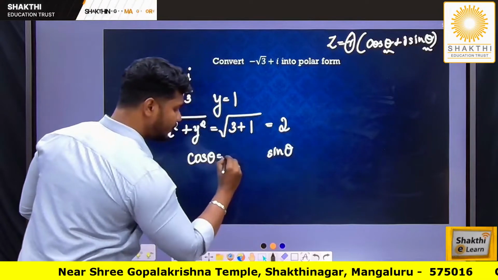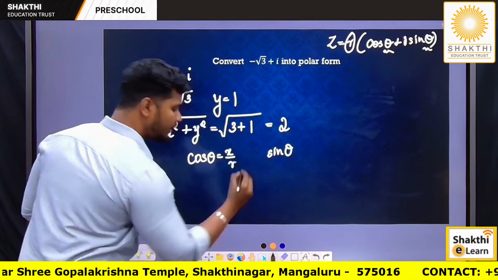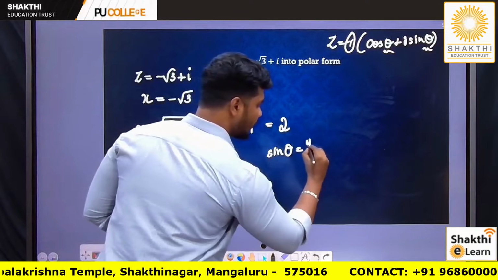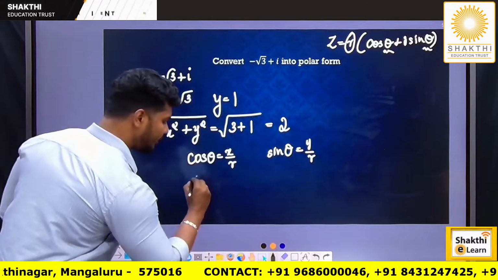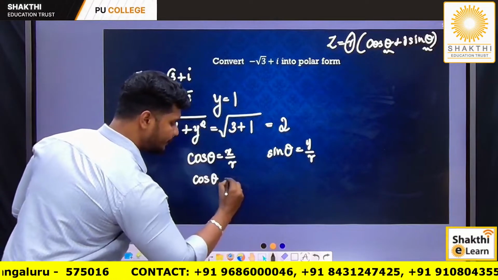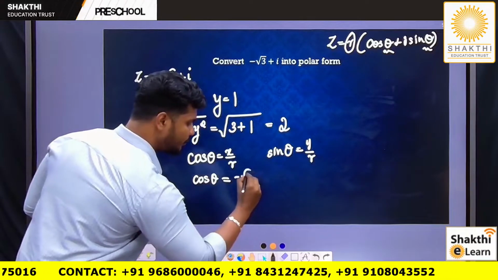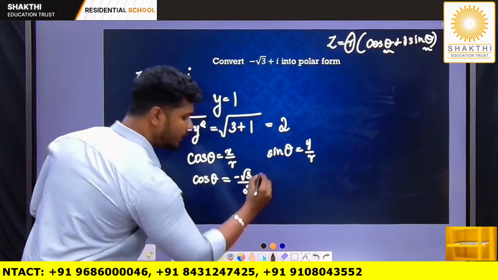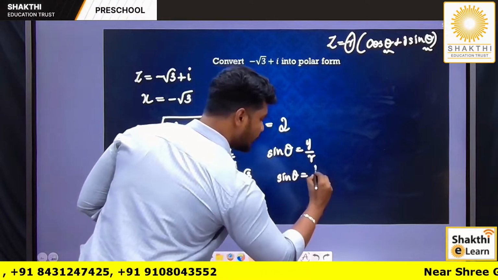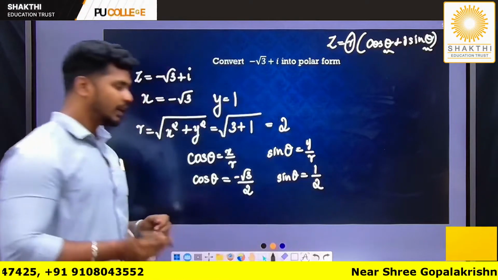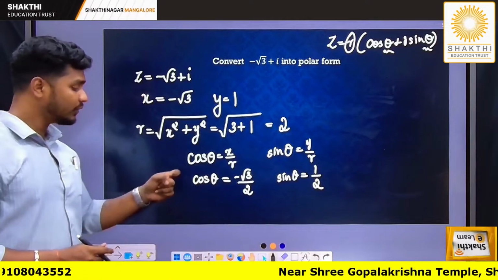Cos theta is equal to x by r. Sin theta is equal to y by r. Now I know the values of x, y and r. So cos theta will be equal to minus root 3 by 2, and sin theta will be equal to 1 by 2. I told you at some moment you'll have cos or sin